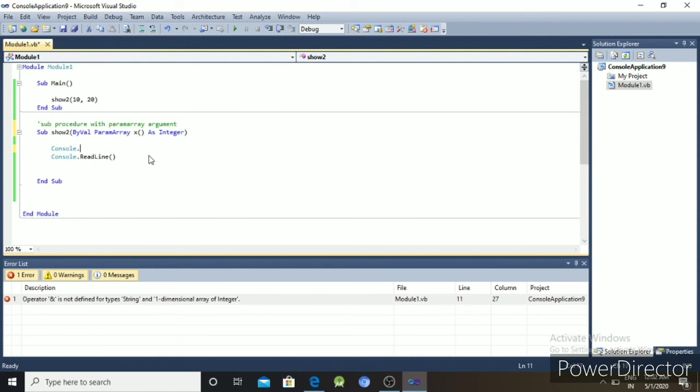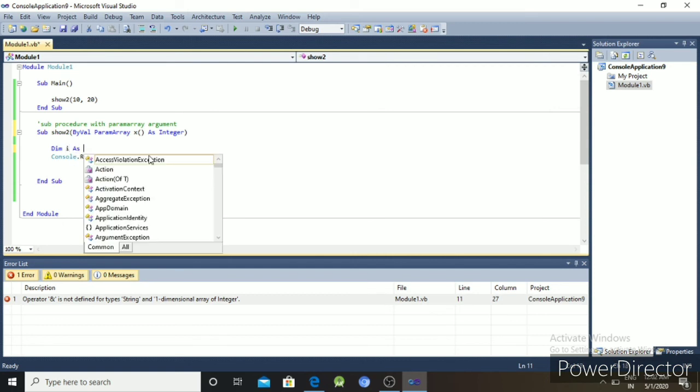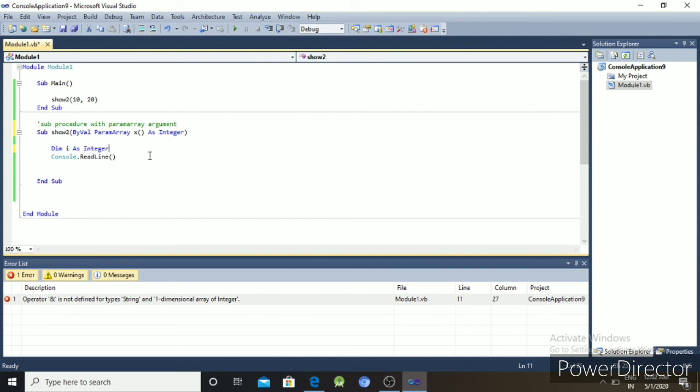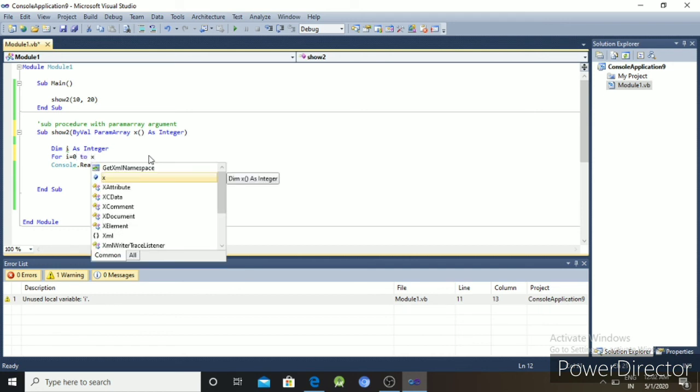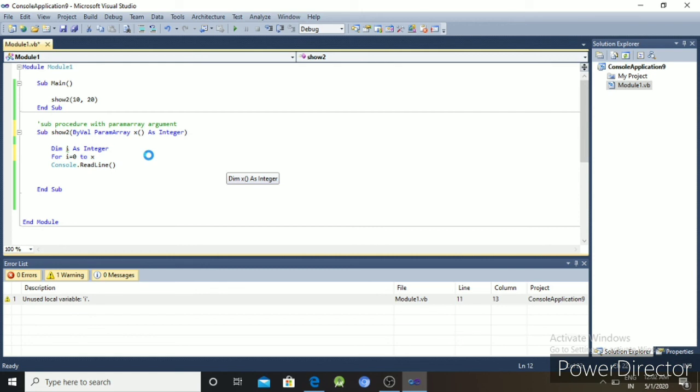Second, Dim I As Integer, because we have to write the loop. Next, For I = 0 To x.Count - 1.